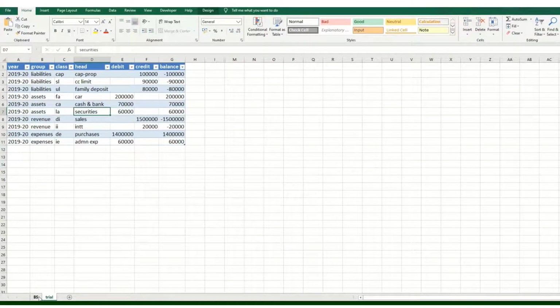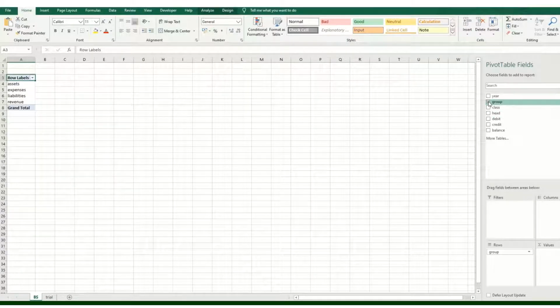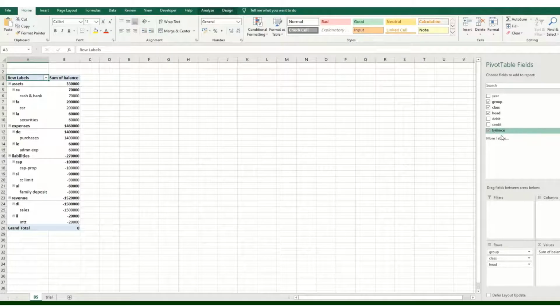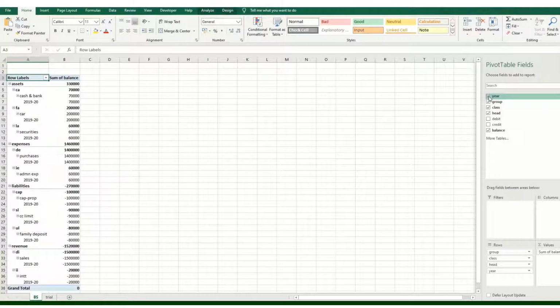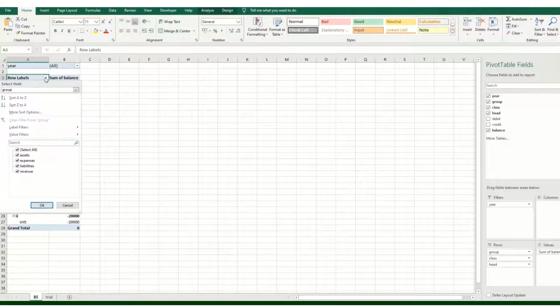Okay, now we'll go to this pivot table. The group, class and head, all these we want on the row side, and the closing balance, which has negative and positive items, we require in values. So far as year is concerned, we want to filter here for which year we want to prepare the balance sheet. Let us say we have a trial of 2-3 years; it will definitely bring the items that relate to a particular year separately. So now we are into the balance sheet, and we'll filter the items in the balance